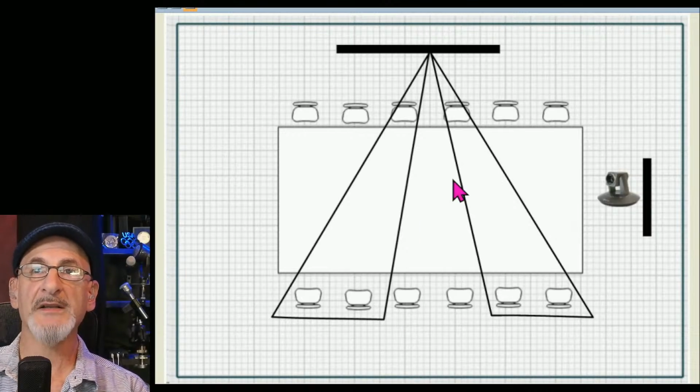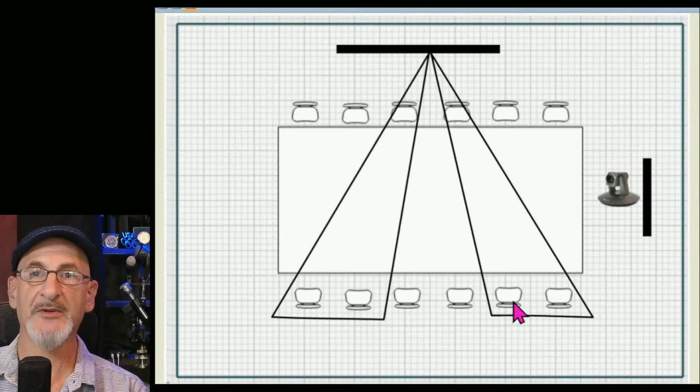But what I found was that we could not tell the difference between a person speaking at one side of the table and the other side of the table, so that didn't work. And so audio is a huge part of making sure that there's intelligibility everywhere. I think about